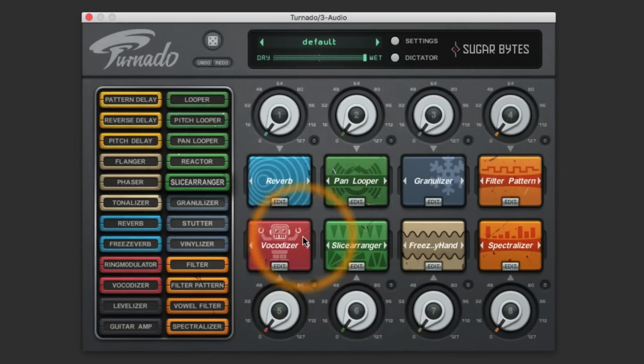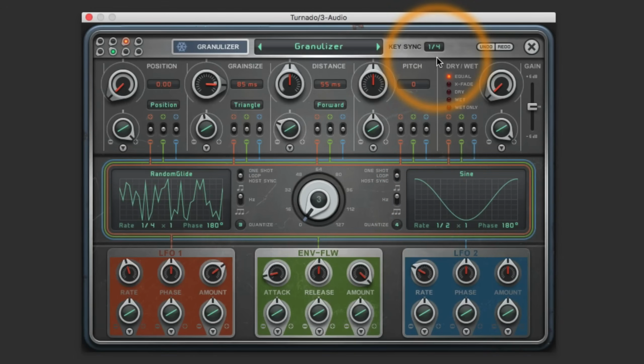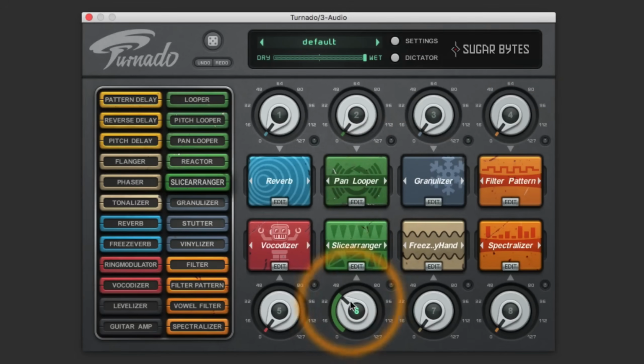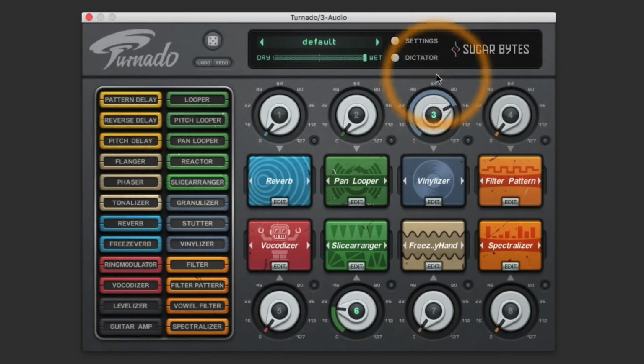Okay, so let's try it with some beats. So yeah,